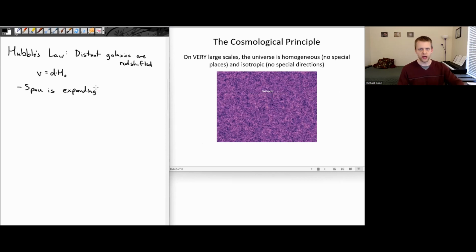And then we talked about how, and we'll talk about this in a little bit, general relativity, Einstein's understanding of gravity, actually gives a very natural framework in which the geometry of space-time can be the thing that's actually expanding on very, very large scales. But before we get into that, we want to talk about two important points about this expansion that are known as the cosmological principle.